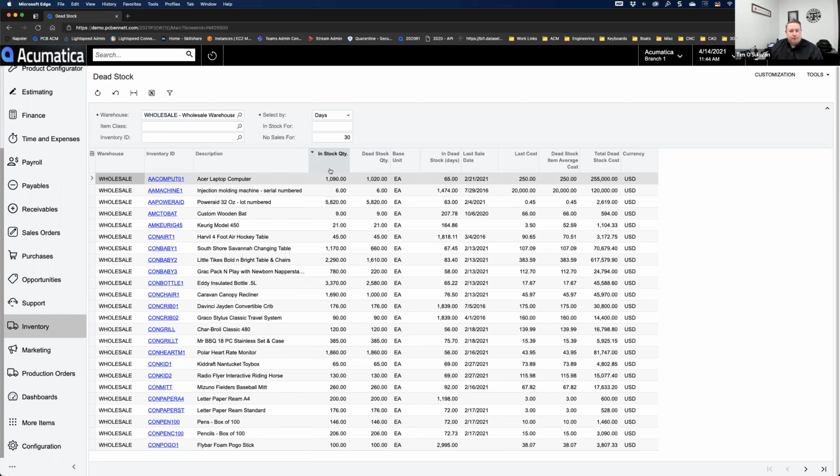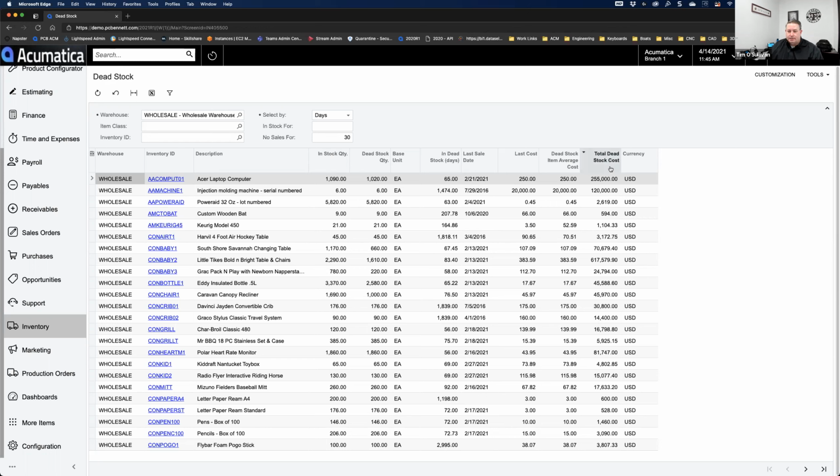Then it's going to show me my current in stock quantity, my quantity on hand, and of that in stock quantity, how much has not been sold in the last 30 days. You'll see I've got some where my dead stock numbers are less because I had some activity there. It shows what your average cost is on that,